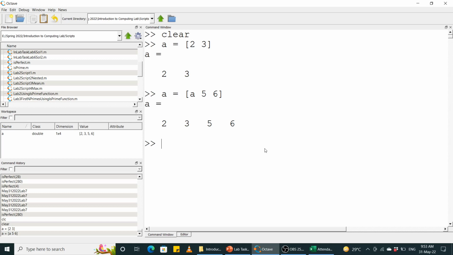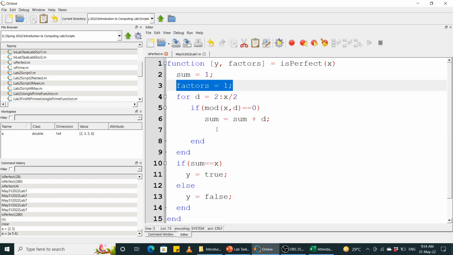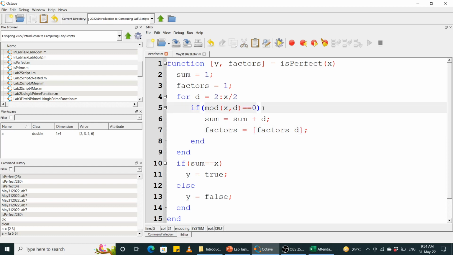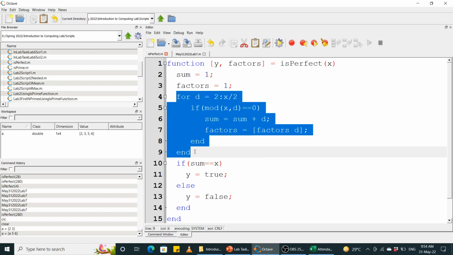तो वही काम हम यहाँ पे भी करेंगे। हमारे पास फैक्टर्स की इनिशियल वैल्यू 1 है, फिर जो भी नया हमें फैक्टर मिले उसको हमने ये जो वेक्टर फैक्टर्स है इसके साथ अपेंड कर देना है। तो नया फैक्टर कौन सा वाला होगा? d। यहाँ पे हमें पता चलेगा कि d इज अ फैक्टर और नॉट। तो यहाँ पे इफ दिस कंडीशन इज ट्रू दैट मीन्स d इज अ फैक्टर। तो हमने d को फैक्टर्स के साथ अपेंड कर देना है। ठीक है, d को फैक्टर्स के साथ अपेंड कर देना है। सो वंस वी आर डन विद दिस लूप, तो फैक्टर्स में हमारे पास x के तमाम फैक्टर्स होंगे। जो फैक्टर्स वेक्टर है उसमें हमारे पास x के तमाम फैक्टर्स होंगे। ठीक है,